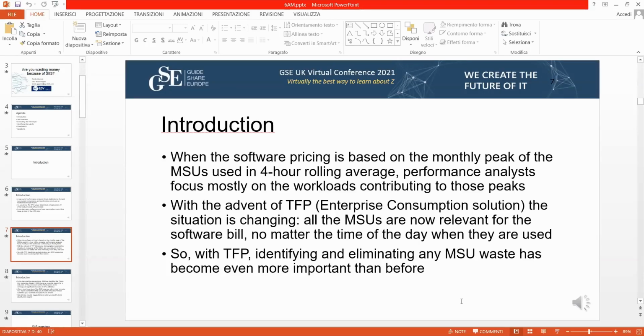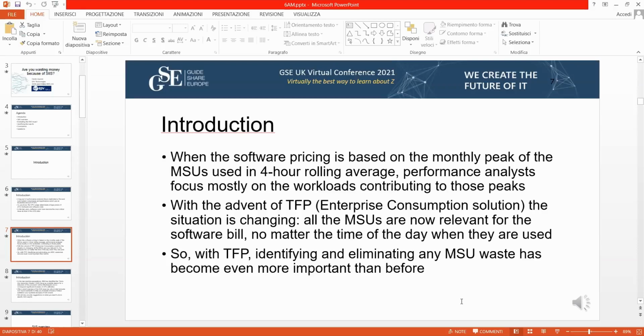So everybody would focus on the peak hours. As an example, on Saturday and Sunday, you would open all the reorgs or all the possible batch, because that CPU consumption wouldn't add up to the bill at the end of the month.